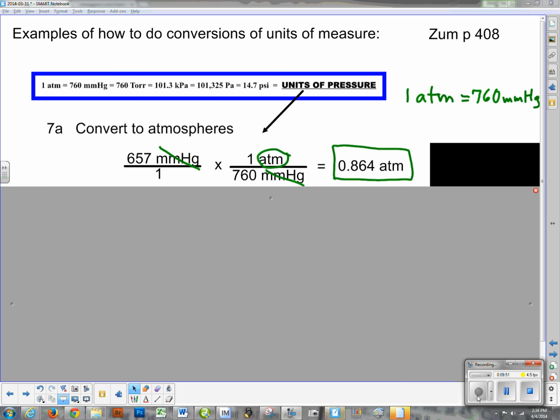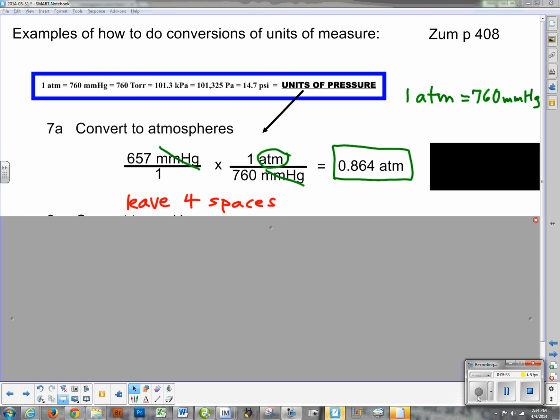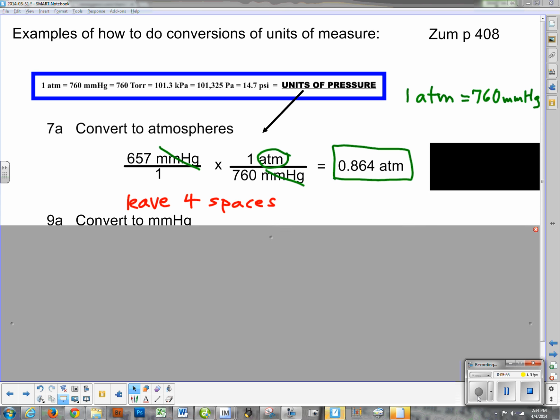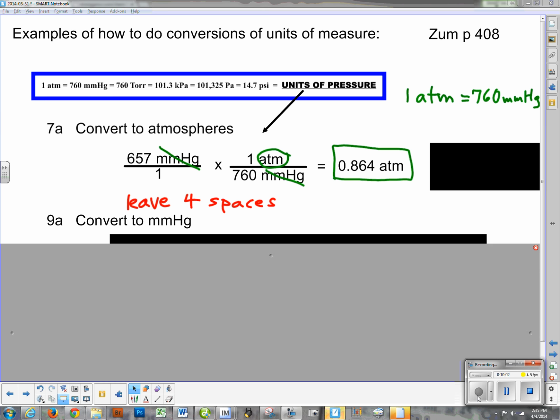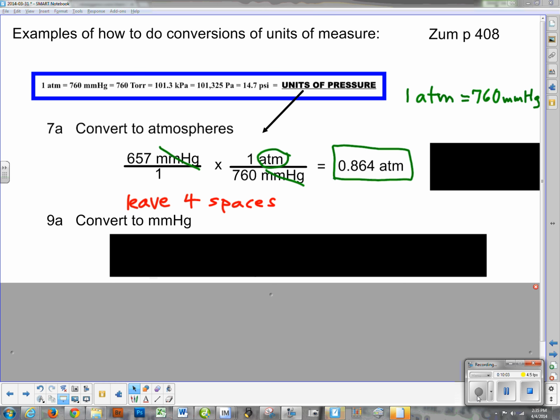Now, let's go down here and leave space, because you're going to have to put 3 problems exactly this size in there. All right? I don't think you need that much space, but I'd leave at least 4 or 5 spaces. Now, we're going to convert millimeters of mercury. Let's get someone else involved. Daniel's not here, right? Okay, so